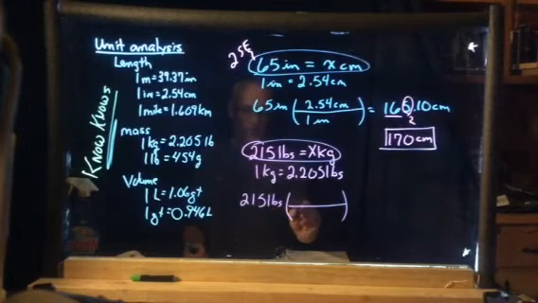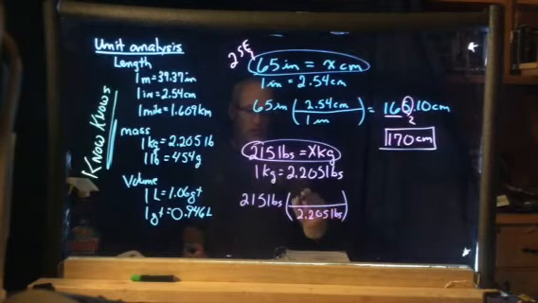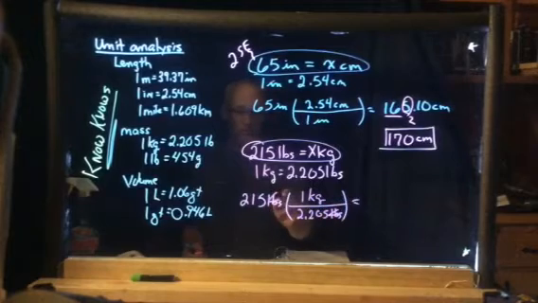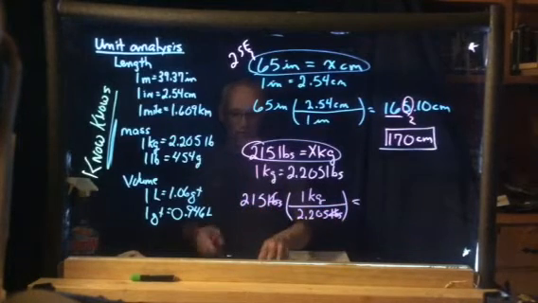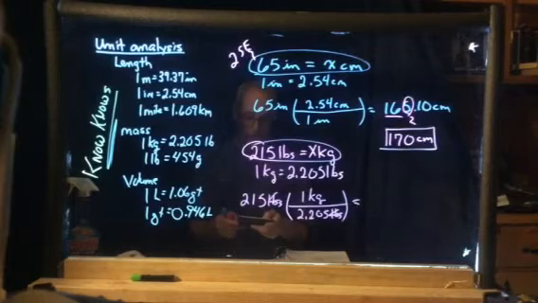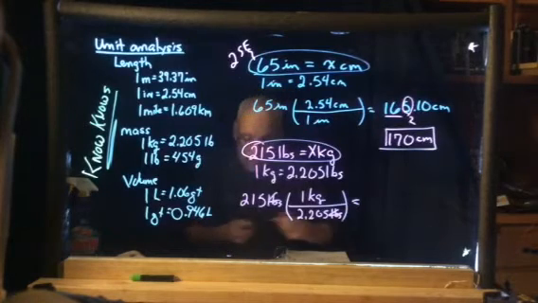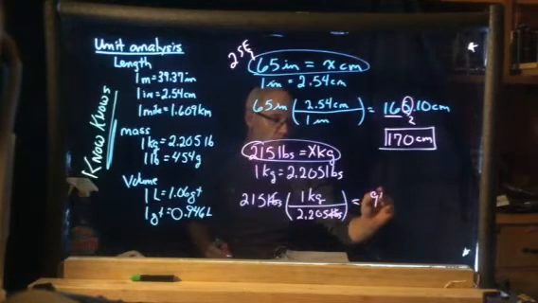And since I have pounds here, 2.205 pounds goes on the bottom. 1 kilogram on the top. They haven't been canceling out the units, but pounds cancels out. So then I take the 215 and I divide it by the 2.205. And I get 97.51